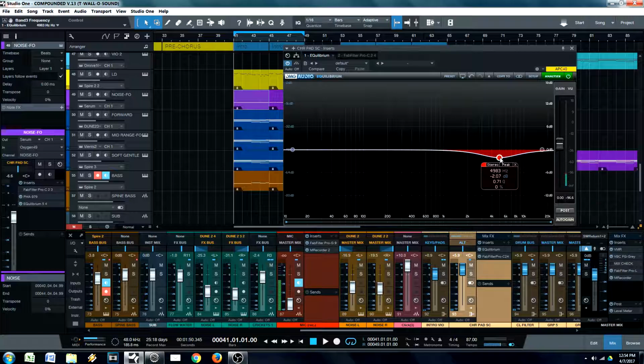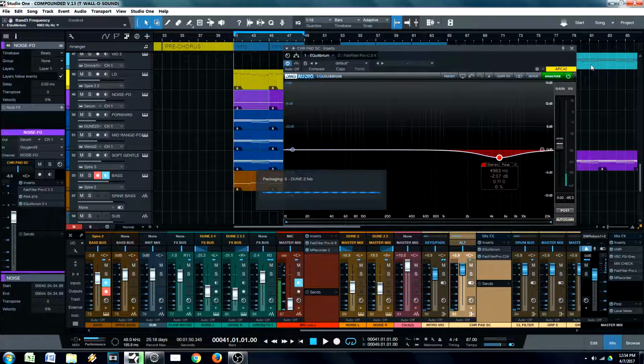And even though doing that individually can give you more control, honestly, you can get the same job done in 80% of cases. You can do it by just bussing them and making the adjustment on just one EQ. So,